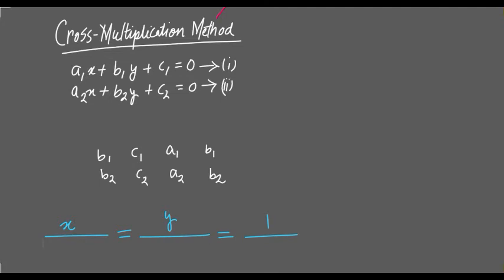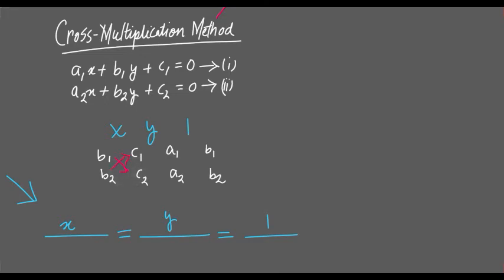and at the bottom of it I have written the coefficients starting from the coefficient of y, right? And that is b1 b2 and c1 c2, then a1 a2, and I repeated the coefficient of y. So this part would give us the denominator of x in this expression of ratios. Then here it will give us for y, and here it will give us for 1. 1 means the constant part, and what we need to do is cross multiply them, and hence it is